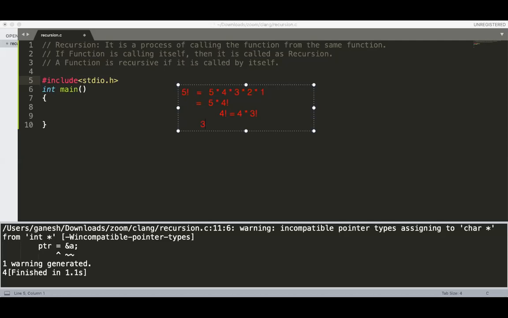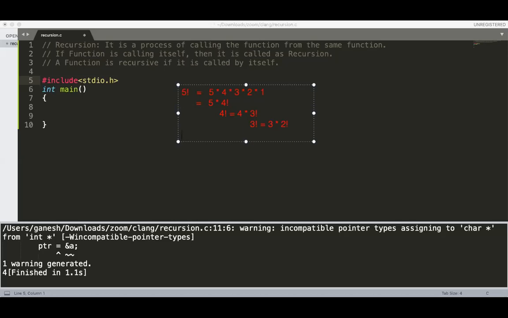Now next, I want to calculate 3 factorial. Can I calculate 3 factorial in this way: 3 into 2 into 1? Can I write it as 3 into 2 factorial? But what is 2 into 1? Can I write it as 2 factorial? Yes.